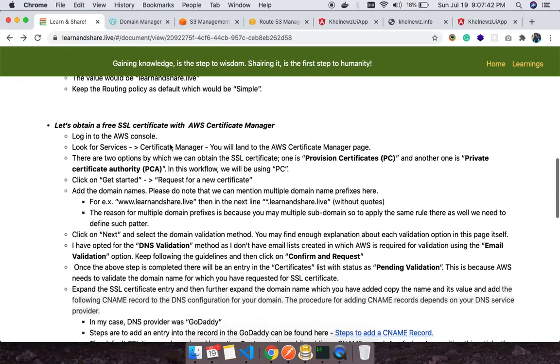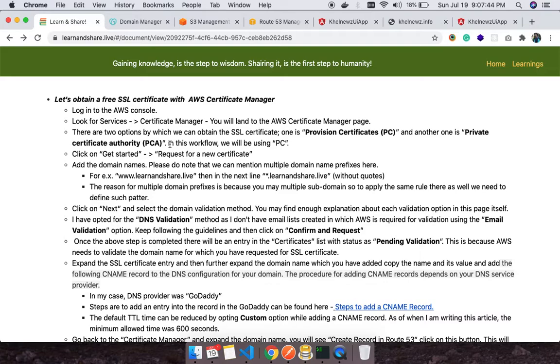So now let's move to the next step, which is to obtain the SSL certificate, right? So how do we do that? In AWS we do have an option called Certificate Manager.